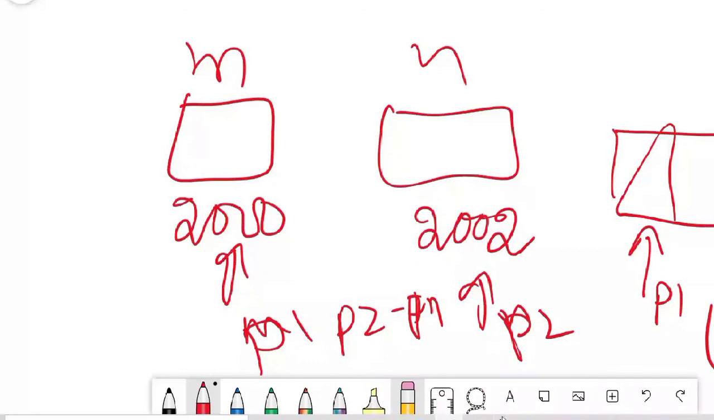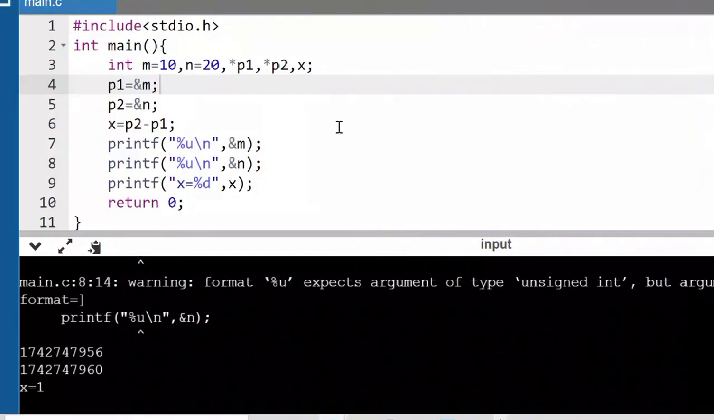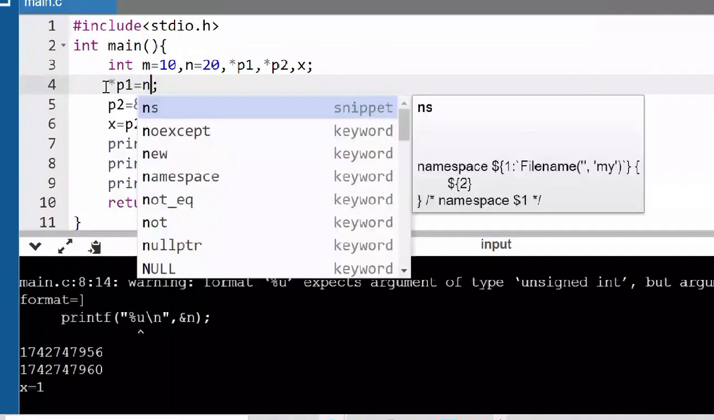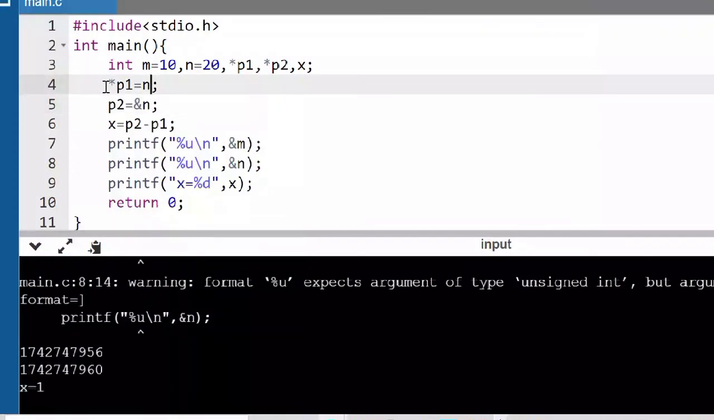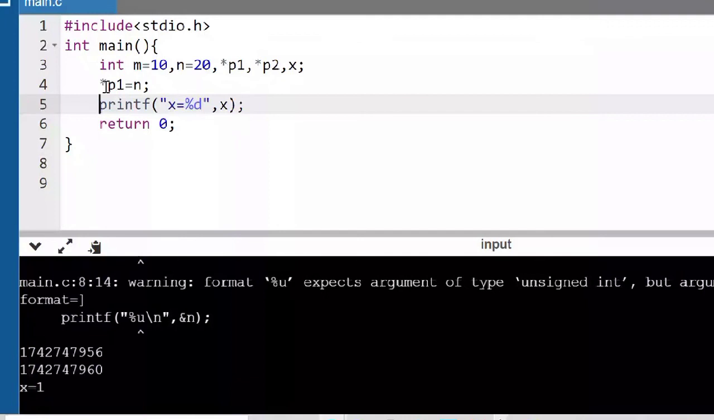Yes, sir. మాట్లాడండి. ఓకే, సో అండ్ ఫైనల్లీ ఏముంటుందన్న మనకి, స్టార్ P1 ఈక్వల్స్ టు n, అంతేనా? ఫోర్త్ స్టేట్మెంట్ అదేనమ్మా, మనము మీకు అందులో ఉన్నది స్టార్ P1 ఈక్వల్స్ టు అడ్రస్ ఆఫ్ n. ఓకే